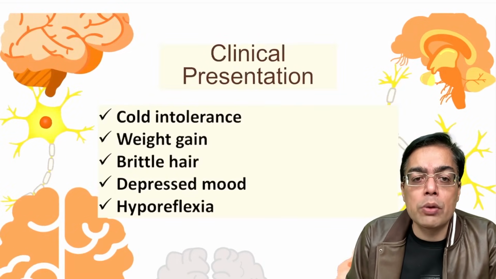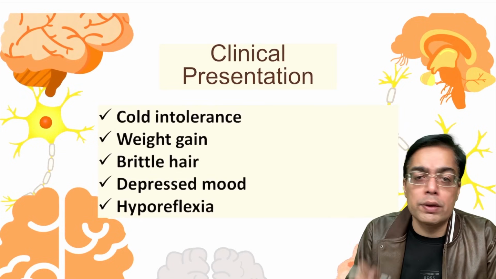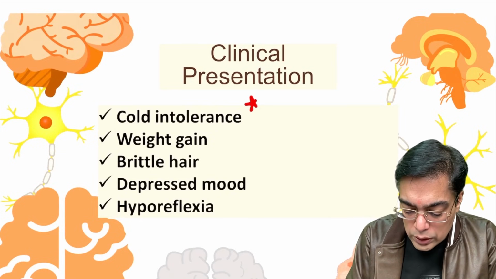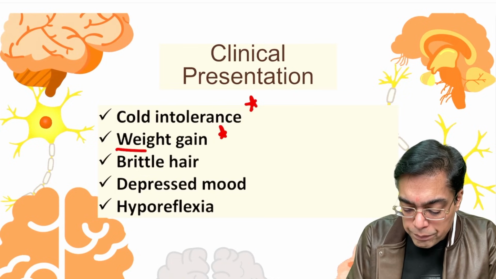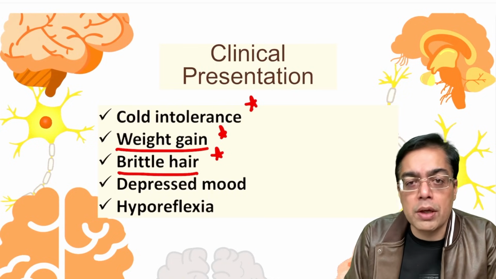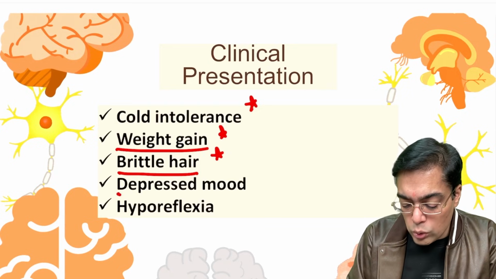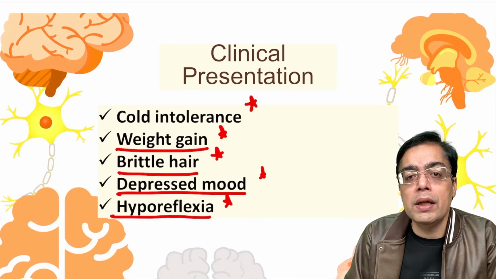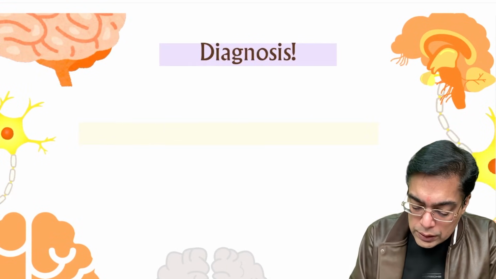The next one that we talk about is a patient which is exactly opposite of what we talked about just now. मतलब बिल्कुल ही उल्टा. That means patient को क्या क्या हो रहा है? Cold intolerance. Patient is having weight gain. Patient can be having the presence of menstrual disturbance. Patient can be having brittle hair. She can be having alopecia. She is having a low mood. She is going to be having hyporeflexia. So any of those terms, typically in a middle-aged female, yes, what I'm thinking in terms of over here is,